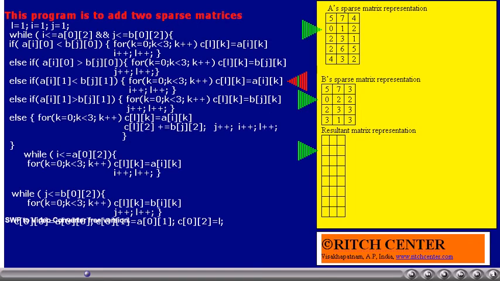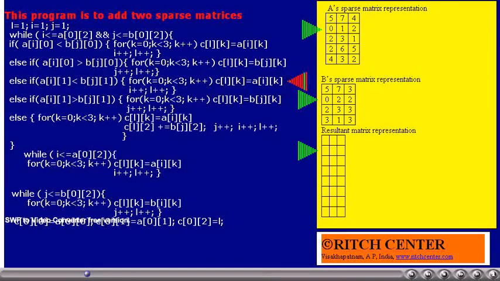Currently, I value is 1, J value is 1, and L value is 1. A[I][0] is 0. B[J][0] is 0. Is A[I][0] less than B[J][0]? No. Is it greater? No. Which means these two elements of both the matrices belong to the same row. Now we compare the column indexes.